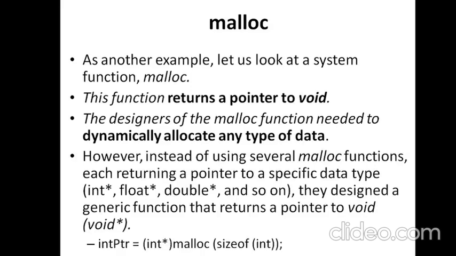So this is the actual syntax of malloc. The malloc statement starts with the typecasting, int asterisk. This is what I am talking about. Whenever malloc returns some address, that address is of type void. But if you want to use it for storing integers, then you have to qualify the statement by int asterisk within brackets, so that the address will be mapped to an integer variable, and then it can be used for storing integer values.